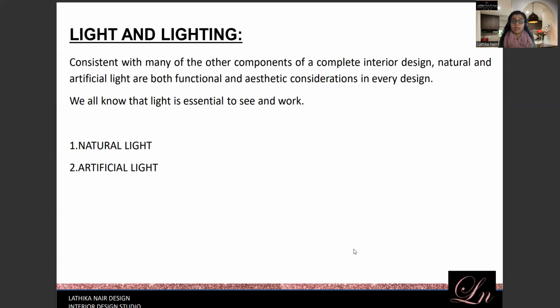Light is required to see the color of whatever you incorporate within your space, and even for you to function and walk around the space, light is the key. Most of us know there are two types of lighting: natural light, of course, from the sun, your daylight, and artificial lighting.